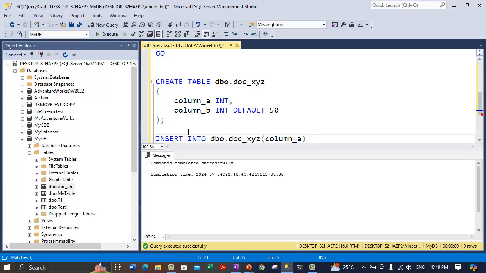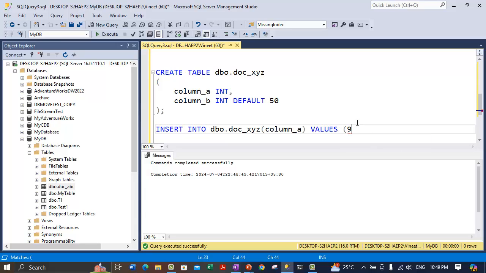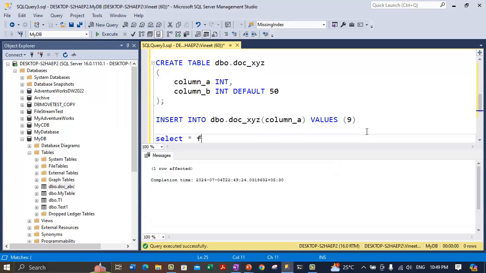So insert into this table column A values maybe 9. The 9 should be given in brackets. I'll specify brackets over here and try to insert this statement. And let's try to select the row from this table, dbo.xyz. Now if we execute this statement, we will see the value 9 in the column A and 50